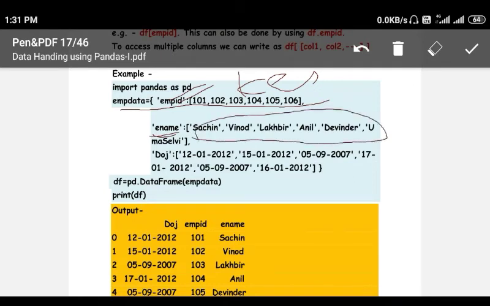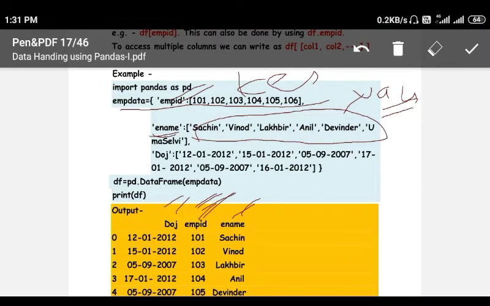This is the entire value of the key, which is a list in itself. As you know, the keys of the dictionary will become the column names, and the values will become the values in the data frame.